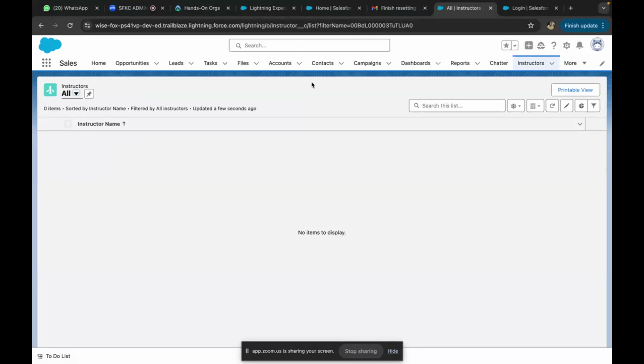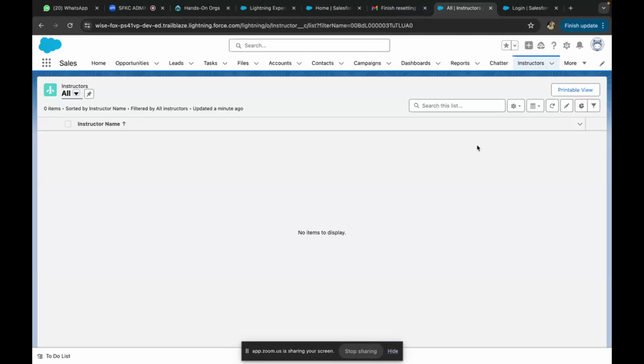So your profile is instructor profile, which is having read and edit access for the instructor object. So what will Salesforce do? Okay, this user is having the read and edit access. It's good. Then it comes to a particular record. You can see the object now. No need to worry because you can see the object, that tab, object tab, and everything. But